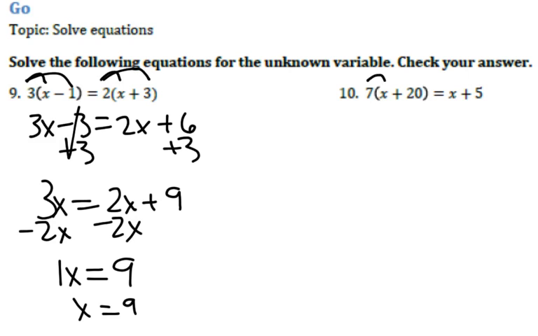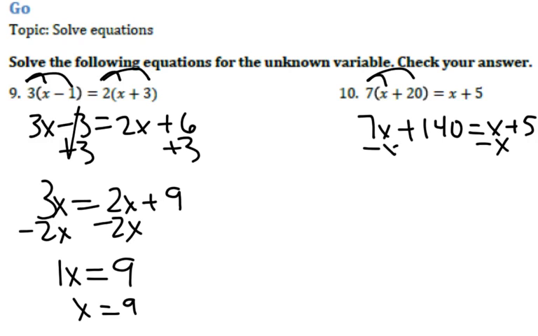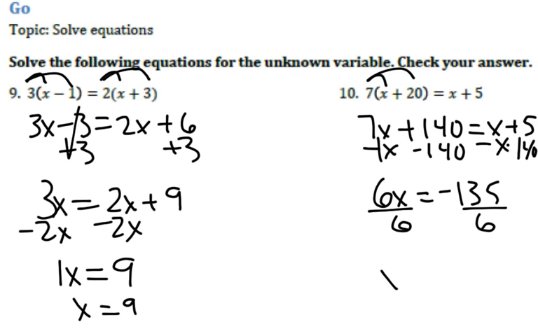Okay, for 10, same idea. 7 times x, we get 7x. 7 times 20, we get 140, equals x plus 5. Subtract an x. That's like 1x, so it would be 6x. Subtract 140. Positive 5 minus 140 would give us a negative 135. Divide by 6, and we get x equals a negative, well,